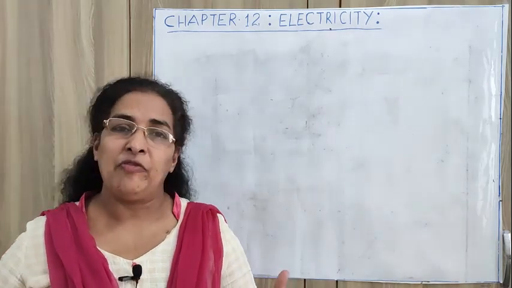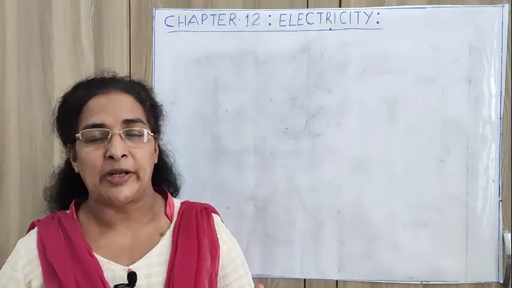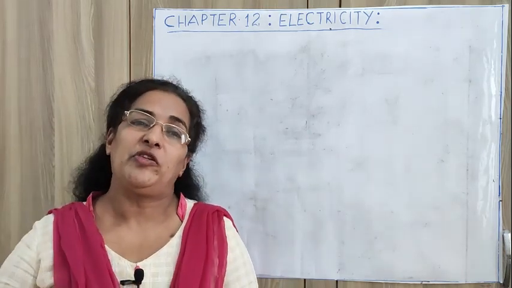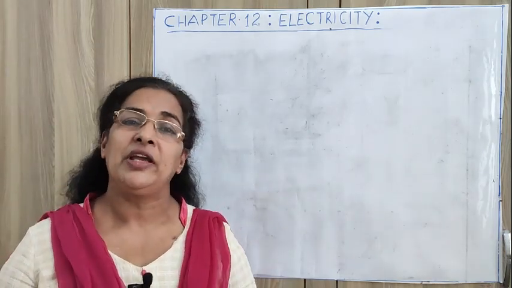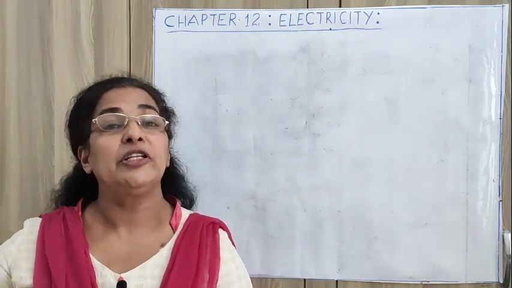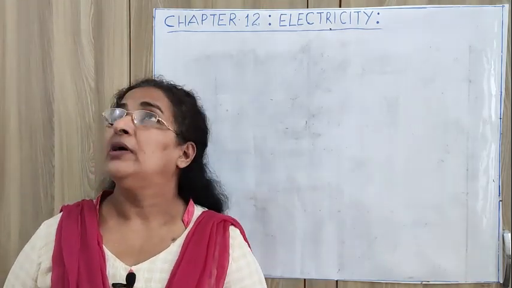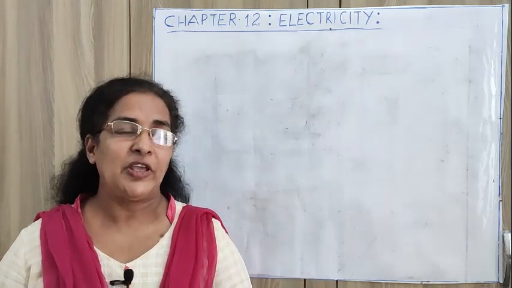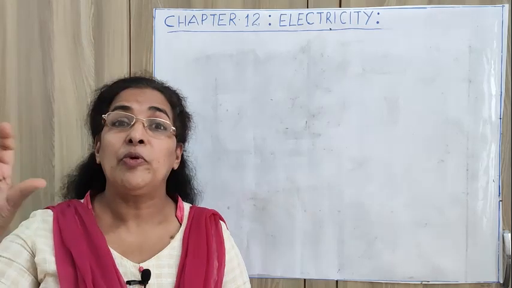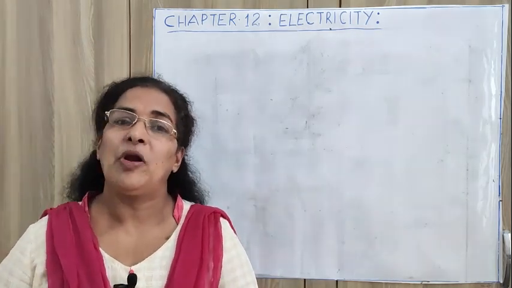In the same way, when current is passing through a conductor, a magnetic field will be produced around it. That is the magnetic effect of current. But one other very useful effect of current is the heating effect. Whenever electricity is passing through a conductor, heat energy will be produced in the conductor. For example, if the fan is working for some time, you will not touch the fan after that, because the fan will be slightly hot. And if the bulb is glowing for some time, you will not be able to touch that bulb. Why? The bulb will be hot.